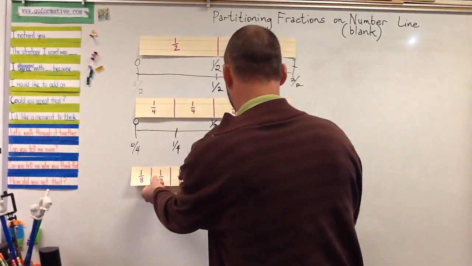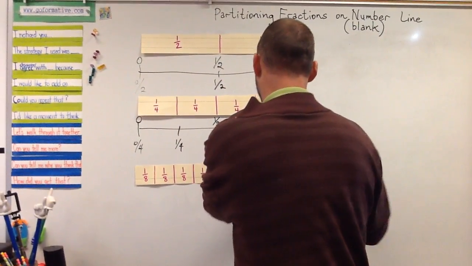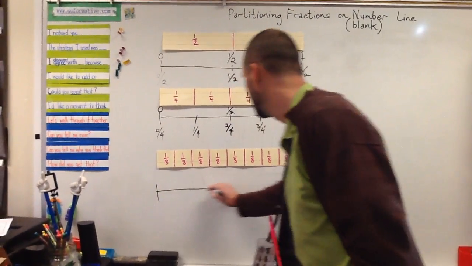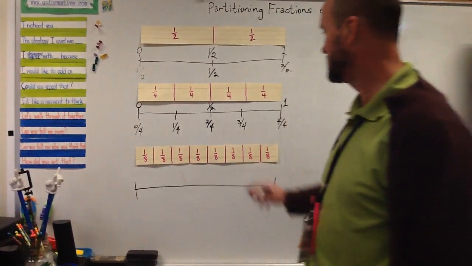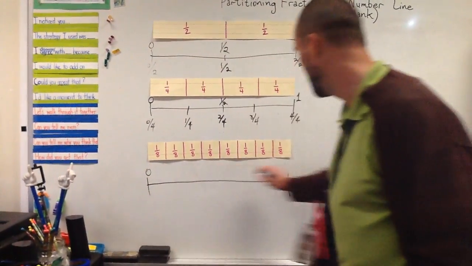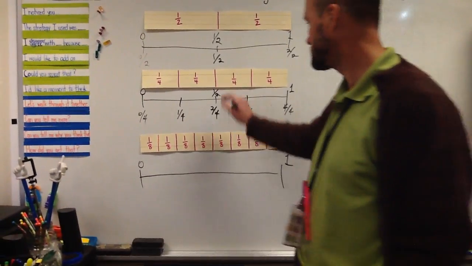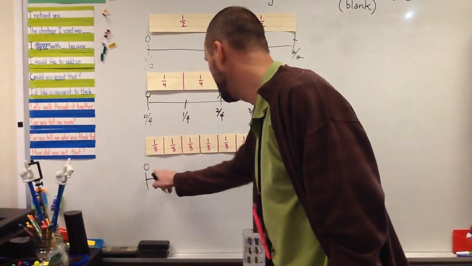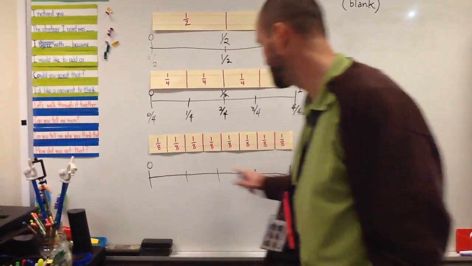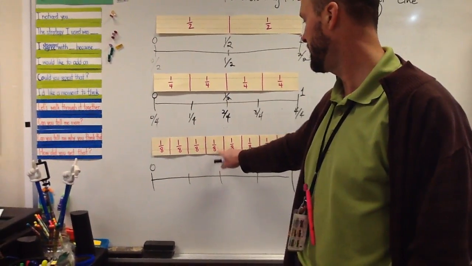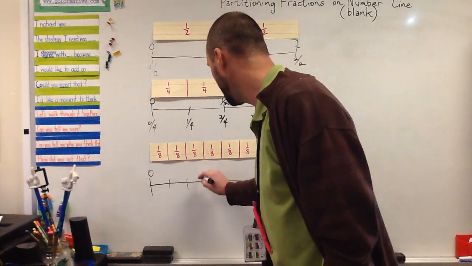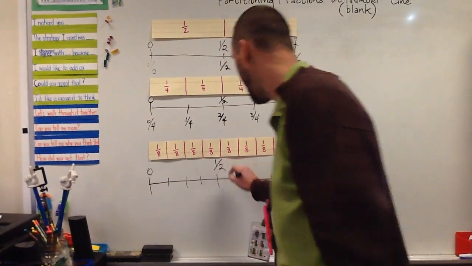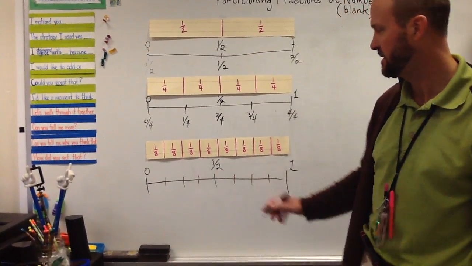Continuing, my next easy denominator associated with halves and fourths is eighths. Very closely related to each other. 0 and my 1 whole, divided in half again, and then each half in half 2 more times equals fourths, and 8 is a multiple of 4, multiplying the 4 2 more times. And now let me label my halves, that's a good habit to go ahead and label your halves, and